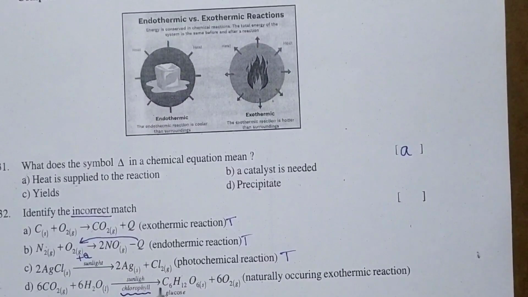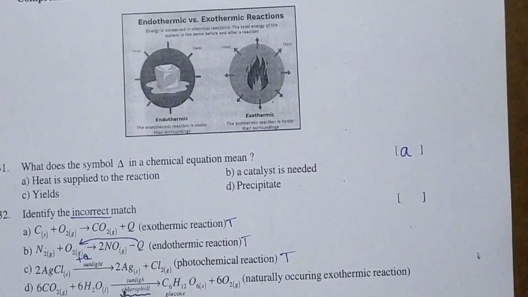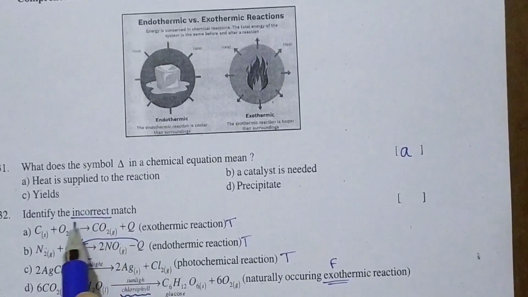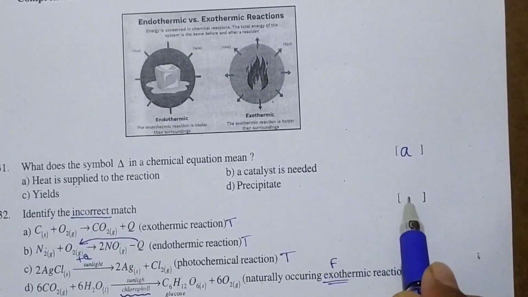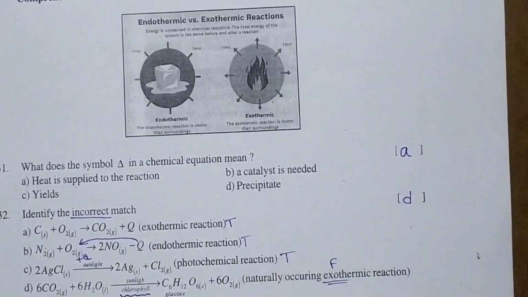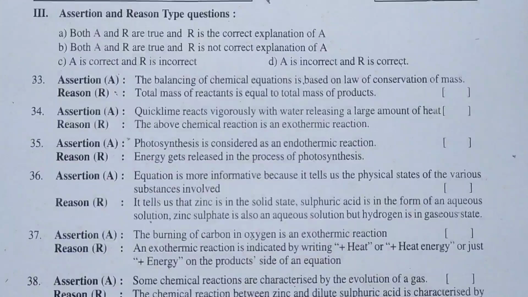Plants prepare their food under the sunlight, right? For that they need heat. That is why they prepare the food under sunlight, because sunlight gives them the required heat. So to get this reaction done, heat is required. Heat is to be supplied. So it is an endothermic reaction. It is given as exothermic. This is false. It is purely an endothermic reaction. So here which one is incorrect? D is incorrect. So option D is the answer for the 32nd question.